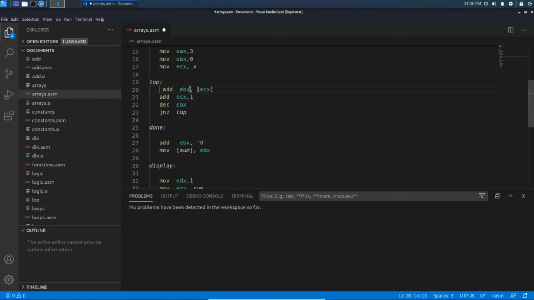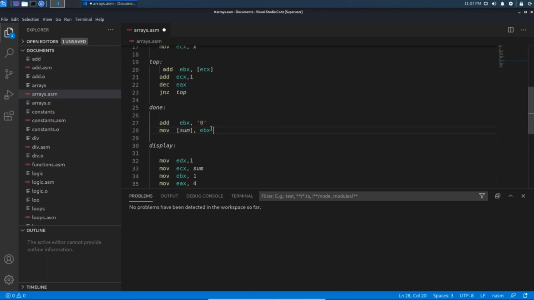So the EBX register will store the sum, and while we are displaying we need to free those registers, EBX, ECX, EDX. That's why we are adding 0 to the EBX register, to convert the ASCII format to binary format, and the sum from EBX will be stored to a variable. This is the step where we store the sum value into the sum variable.